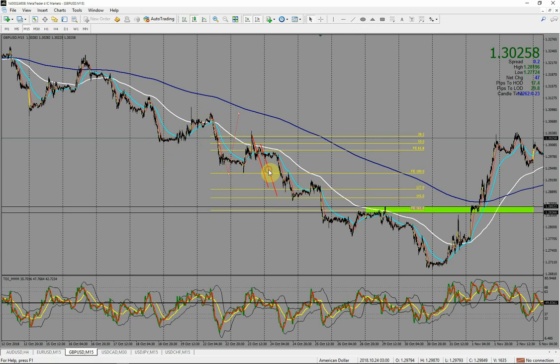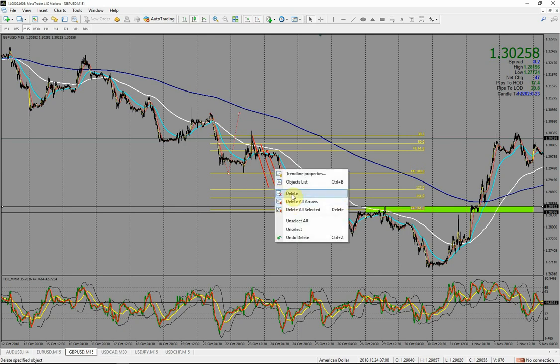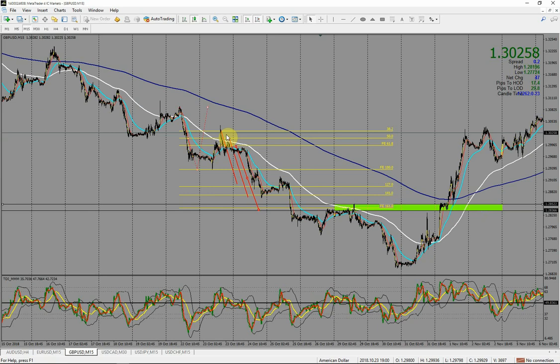Second target, and the third target at 127, at 161 rather. You see that? It's a very good setup. So Fibonacci is also very good. And then remember, when you spot a good Fibonacci retracement that is in line with the trend,